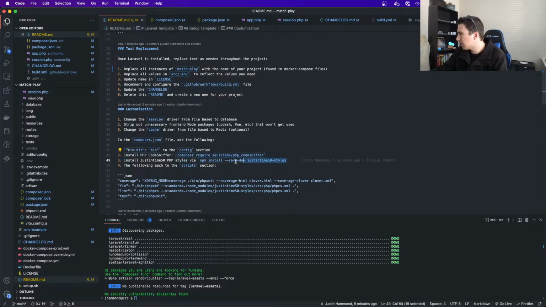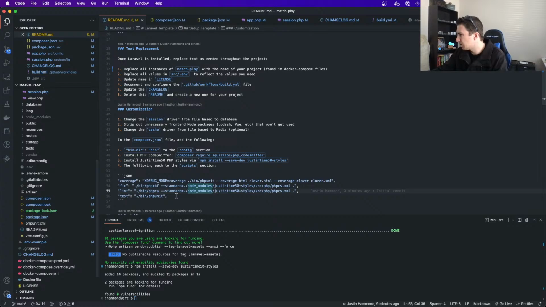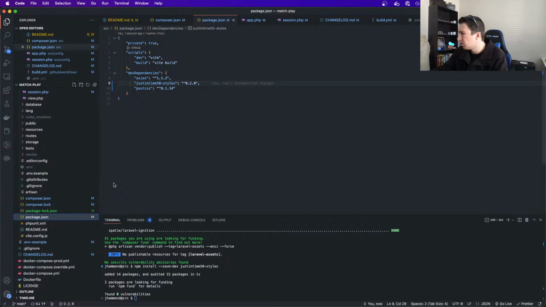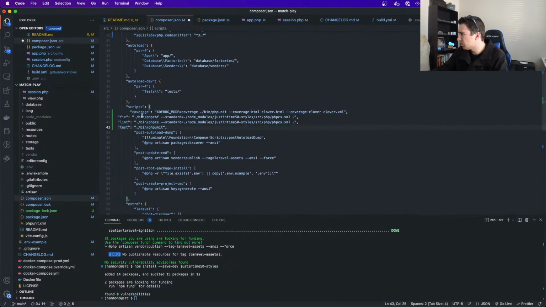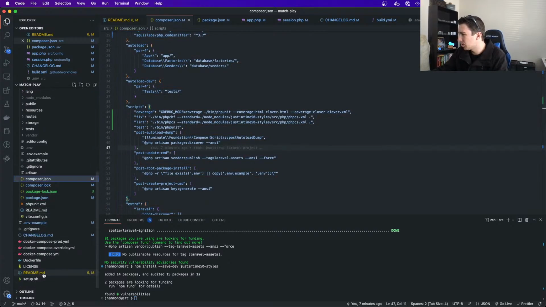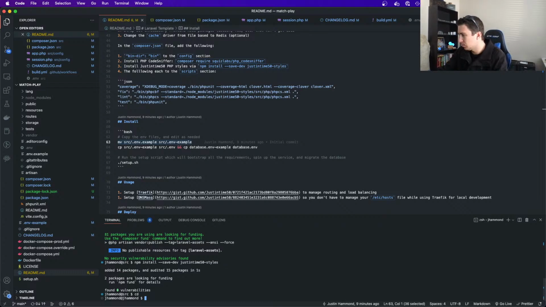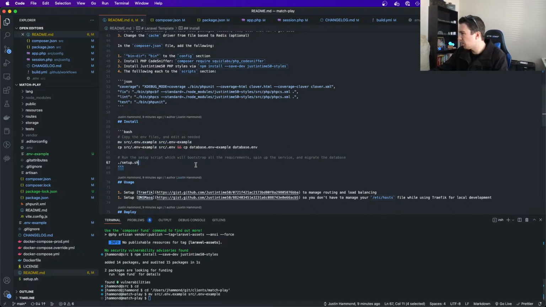Okay, now we need to install these styles. We'll run that. And last but not least, we're going to add this to the scripts section of composer. Save this. That's good to go. Okay, I think we're almost done with the setup portion, which is nice. Last but not least, we need to install this thing. So we can go back a folder, copy the env,